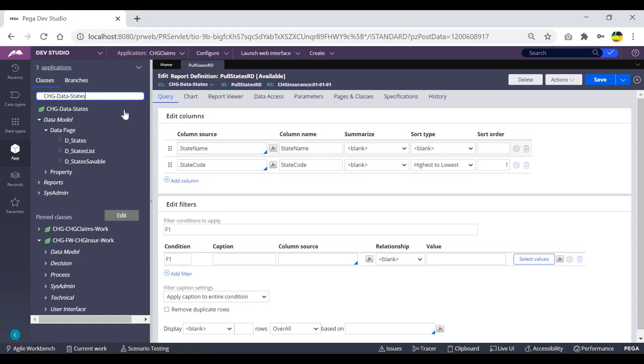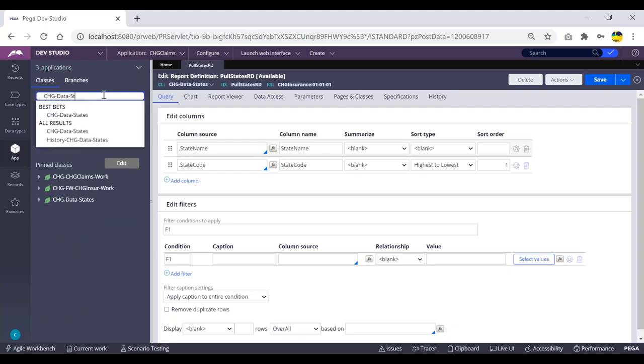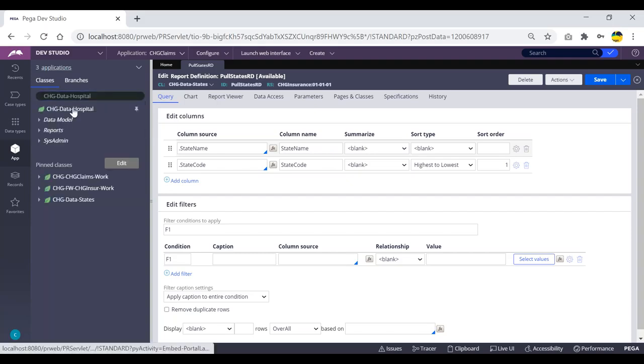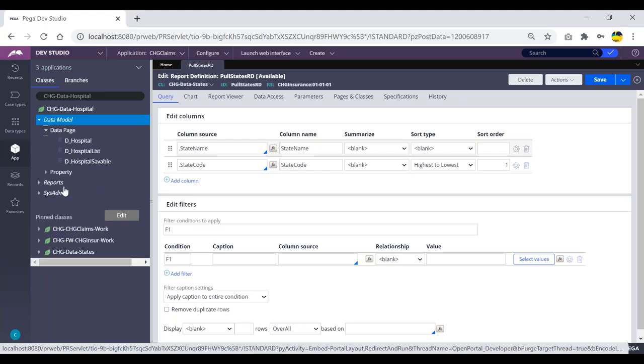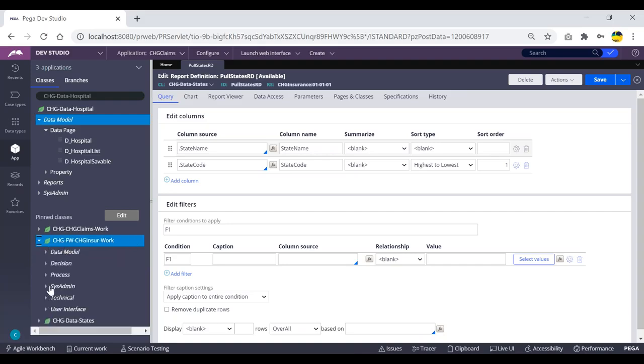Let me pin this, you should be getting the pin mark here. If not, just refresh this. If I just pin this, it will come here. So in parallel, I can check the hospital values as well. Hospital is one data table created, and here also I should be getting the database created. So why is PRPC creating 3 different data pages, and what is the importance of data pages? That's what we'll see now. If we check the section, I mean the drop down value,